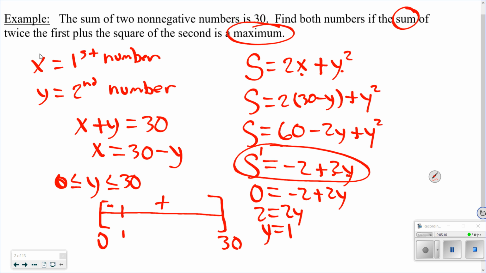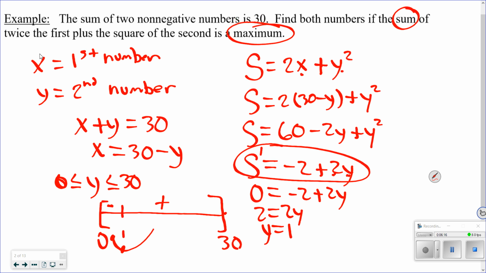Okay, so the issue we have here is we're trying to find a maximum. 1 is not a maximum, right? To the left of 1, the sum is decreasing. To the right of 1, the sum is increasing. It's a minimum. So if it asked for a minimum, I'd be good. It'd be 1, but it's not, it's a max. So you've got to think back to when we did absolute maxes or absolute mins. When you have an absolute max or min, that's what we're trying to find. What's the maximum the sum could possibly be, the absolute max? You have to take into account endpoints. So in this case, it's either got to be this endpoint when x